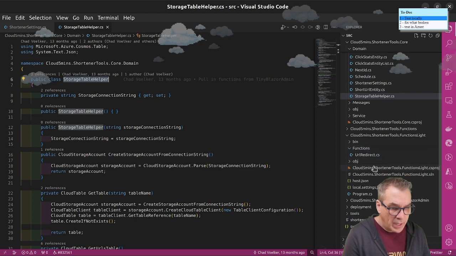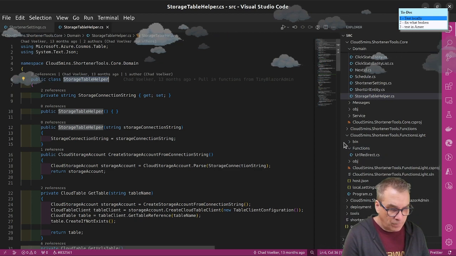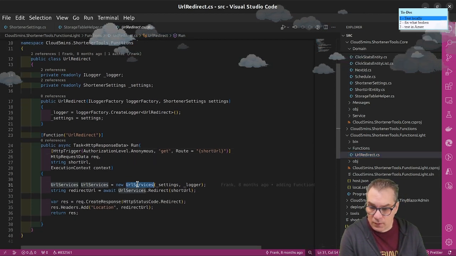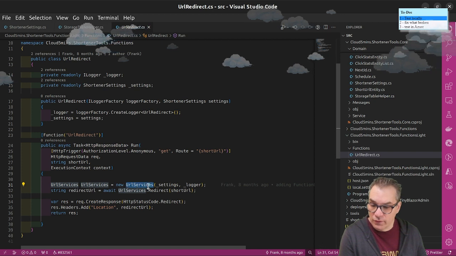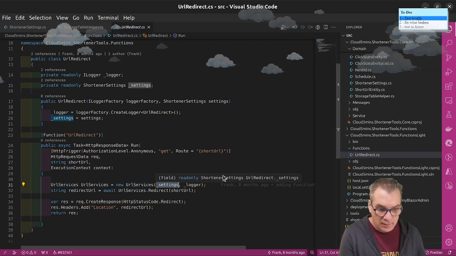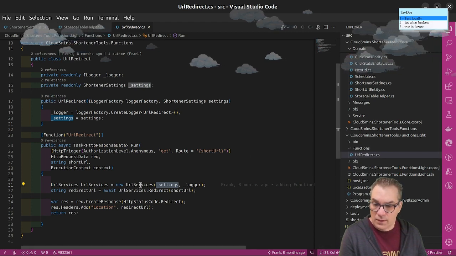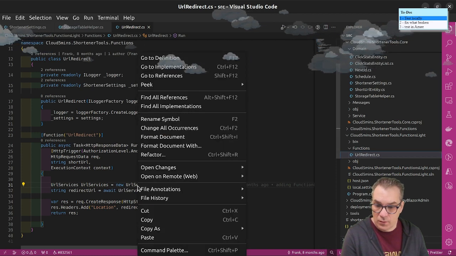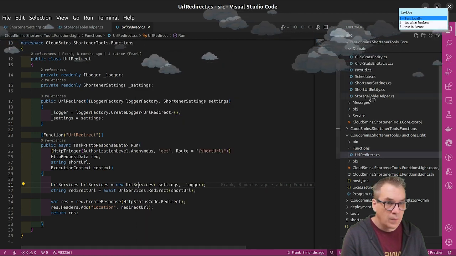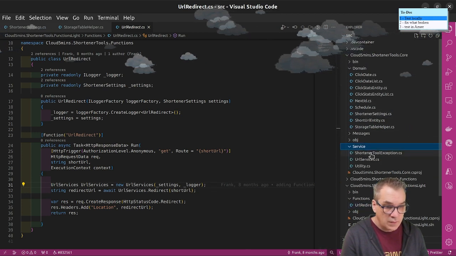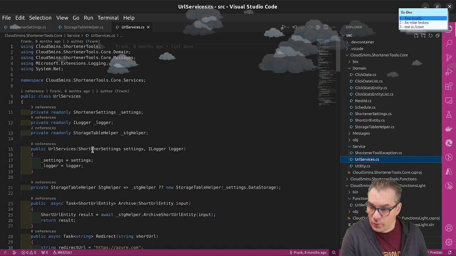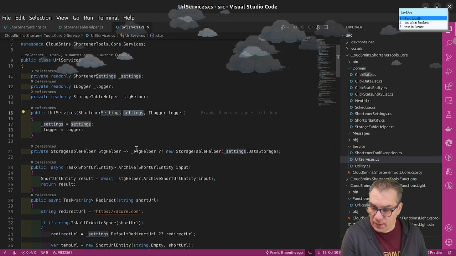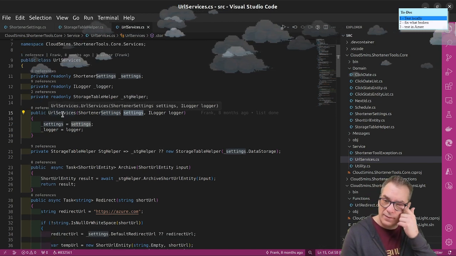I feel if I go back into the function, when we call the URL services, we pass the settings. So let's go in here, implementation. Can I go here? Implementation? No? Okay, well, it's here in the service. So we pass the settings. And then when I'm masking,